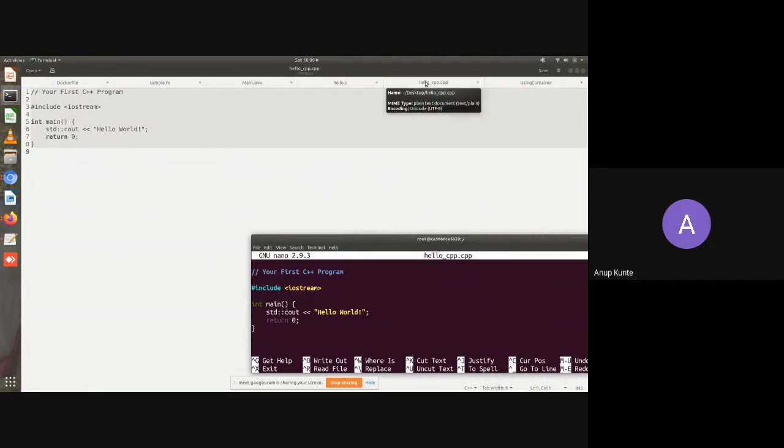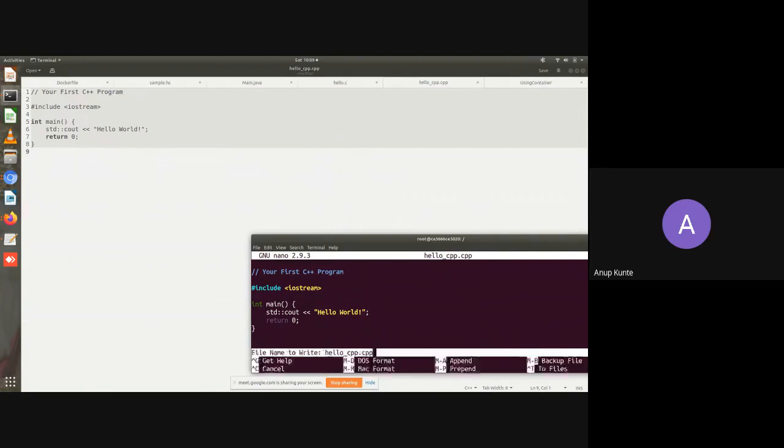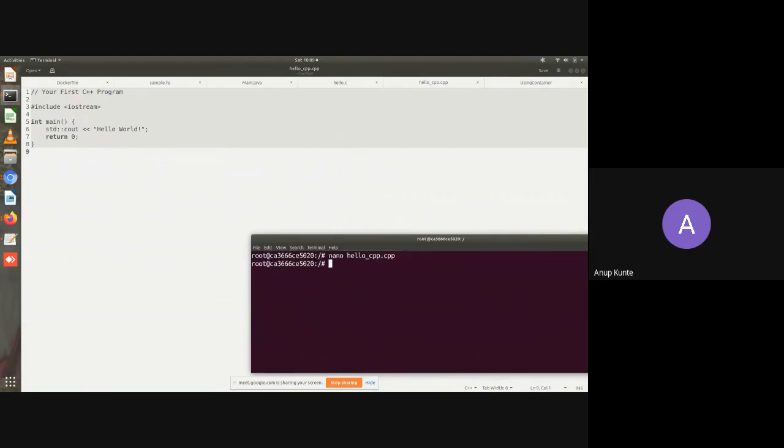From the host machine, you write the code, take that code into this editor, or ask students to code directly into this editor. Then do Control X. Yes, this will save it. Once it is saved, you can use the g++ compiler.